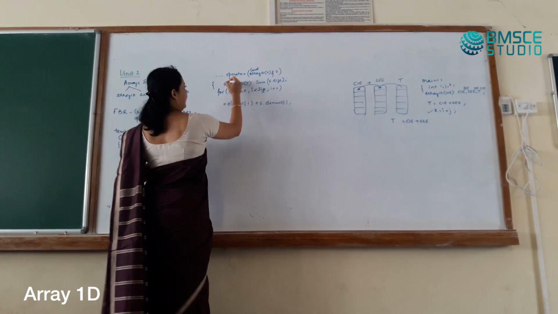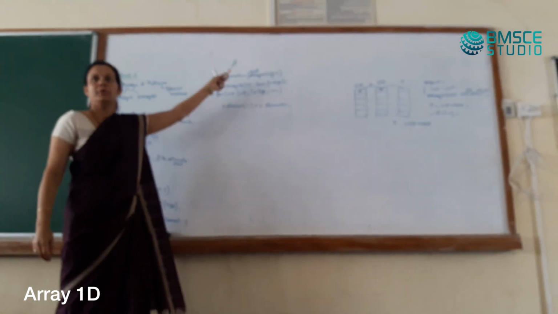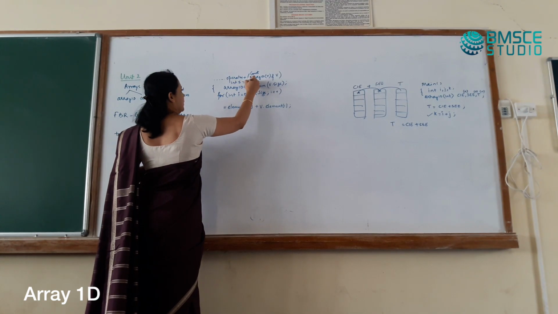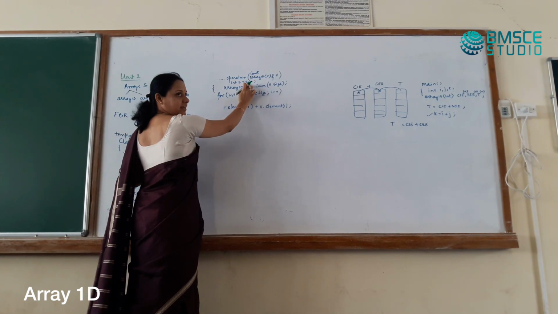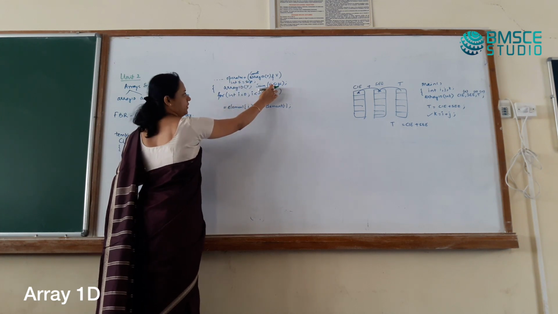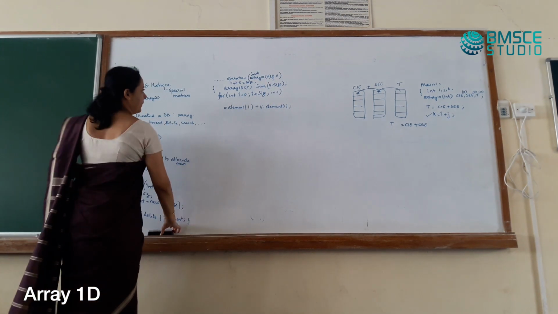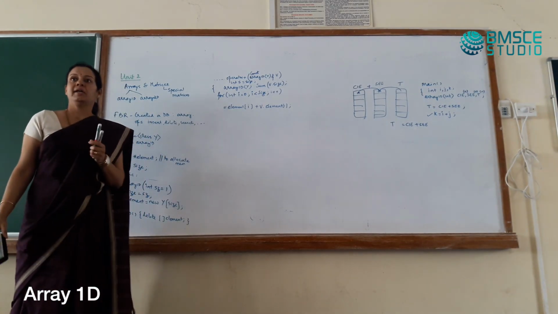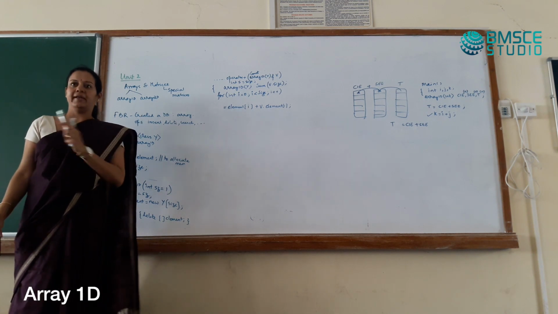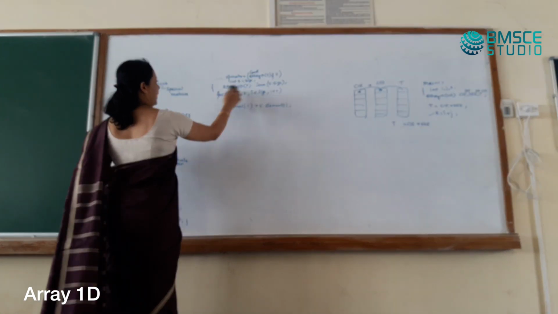Or you could say v dot size or size here works. If you want, you take it to another variable. You say int s is equal to size. Size refers to which size? CIE's size. You could do that and give s here, or you could give size only here, or you could say v dot size. What am I assuming here? I am assuming that the two arrays are of the same size. I am not doing any validation. Is that clear?